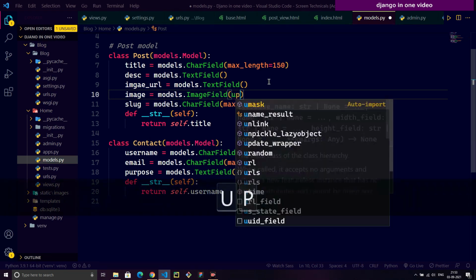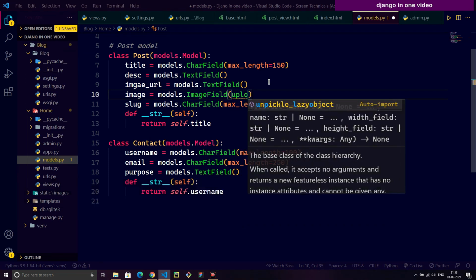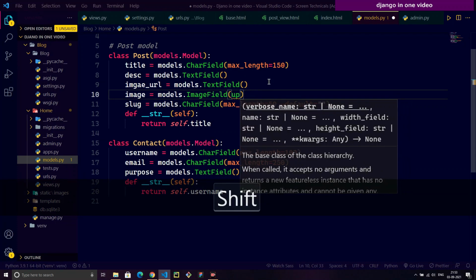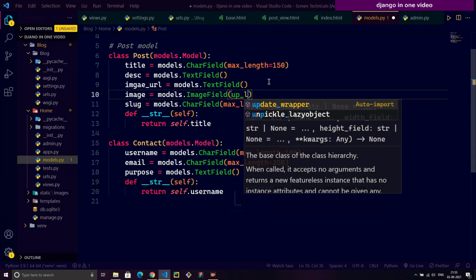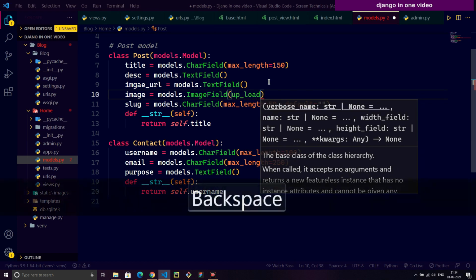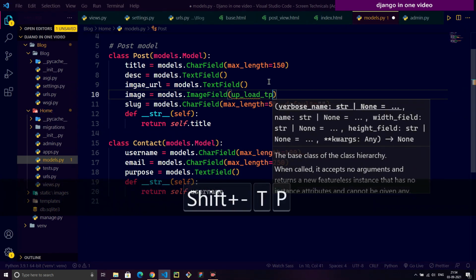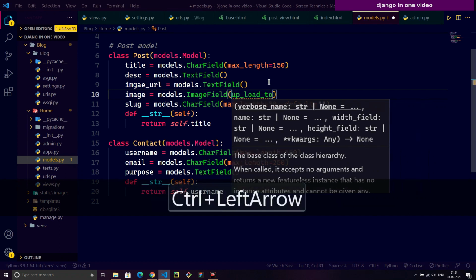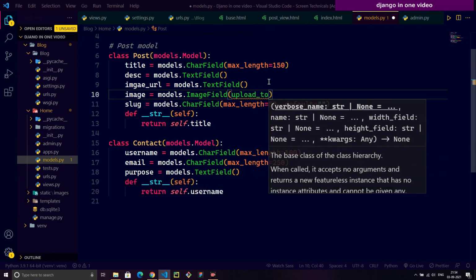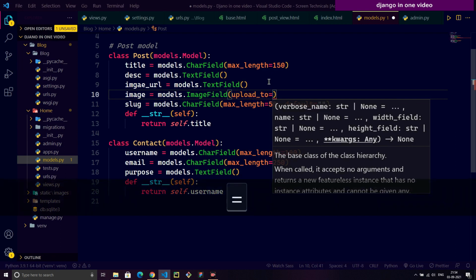And right here, upload_to equals. Just remove the underscore from this point. It is upload_to equals,